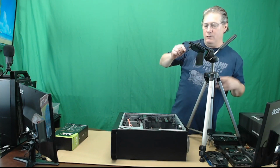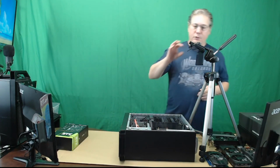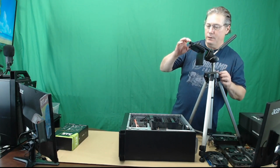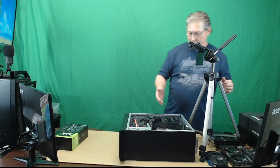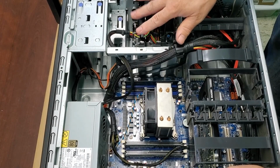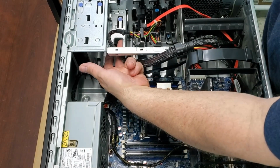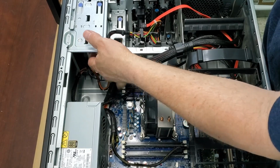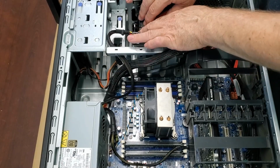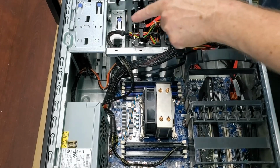So what we were starting with, you'll see, is a pretty wide open system. It has 3 cradles for hard drives. It has an extra bay here, 3.5-inch bay here. You can access more easily from the front. We're going to be moving the SSD here, and then we're going to drop in 1, 2, 3, they're even